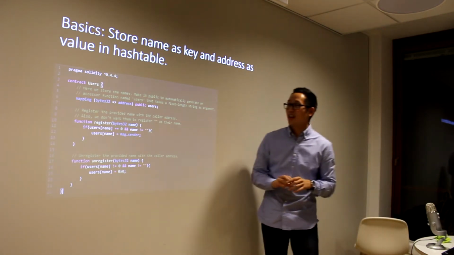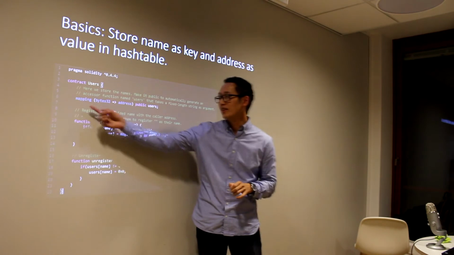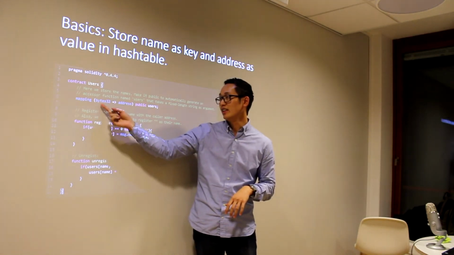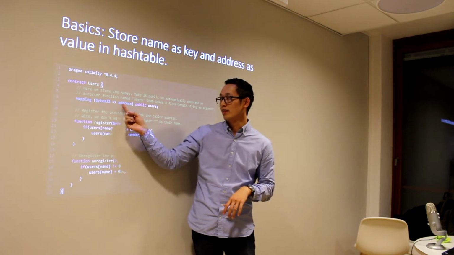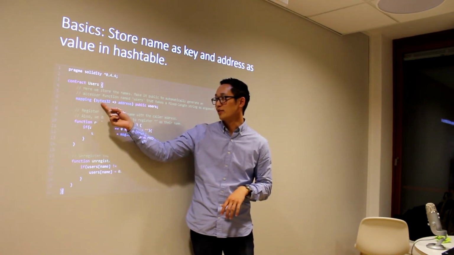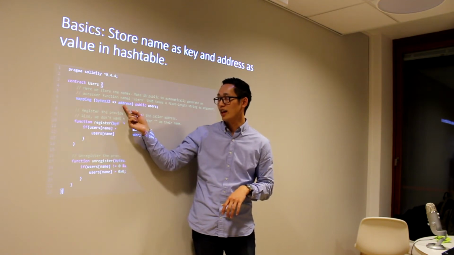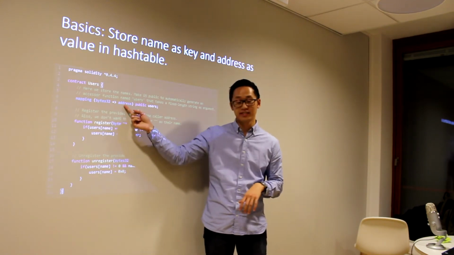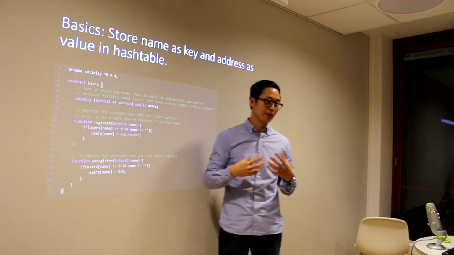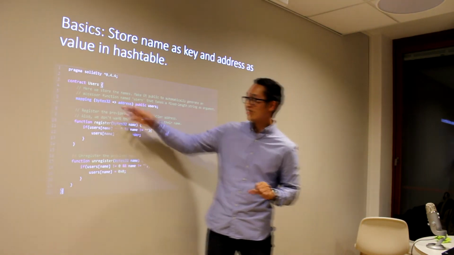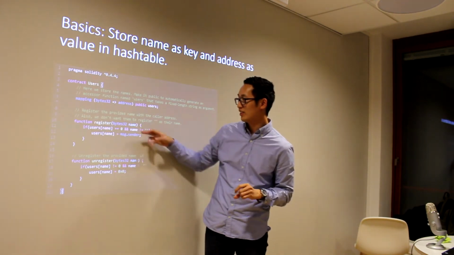And then we have the hash table. Here you write mapping, and then you write a key and a value. Here we say that the key is 32 bytes and the value is an address. An address is, as I said before, 20 bytes. So in this contract, you have a contract called user. You can register